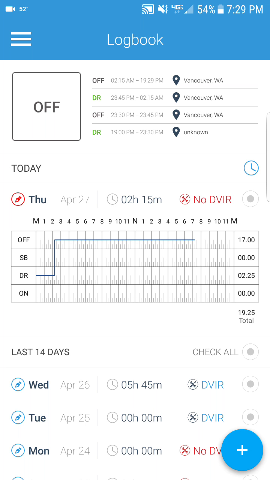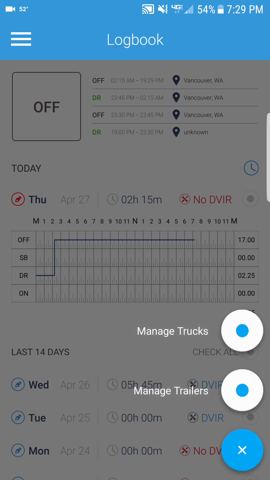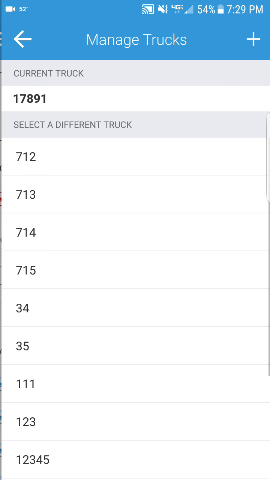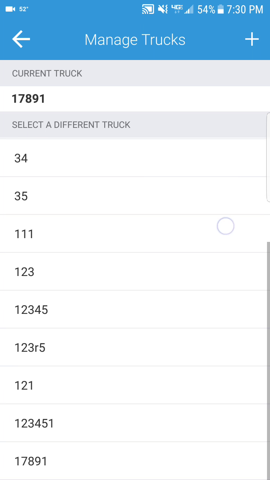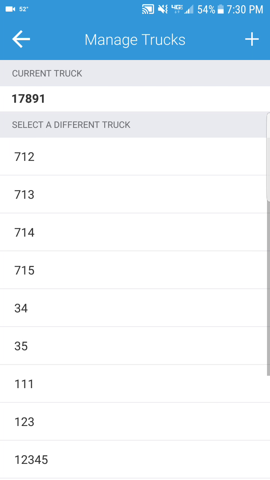We'll start by adding your truck. Go ahead and click on the plus icon in the lower right corner of your phone. This will open your managed trucks, managed trailers icons. Let's go ahead and add that truck. So here you have current truck on top, and you have select different truck in the bottom. You can scroll, and by clicking on it will add that truck that you want